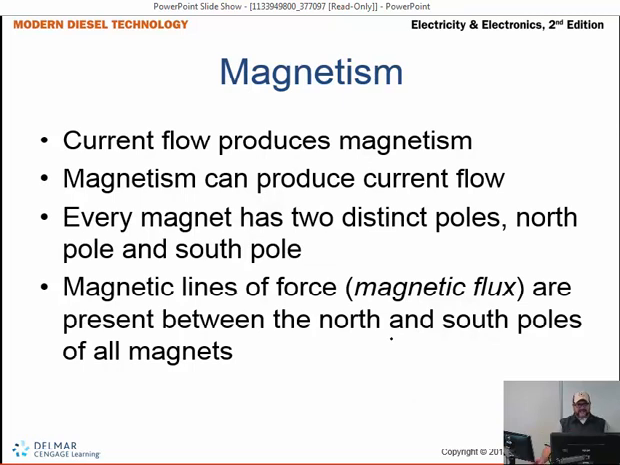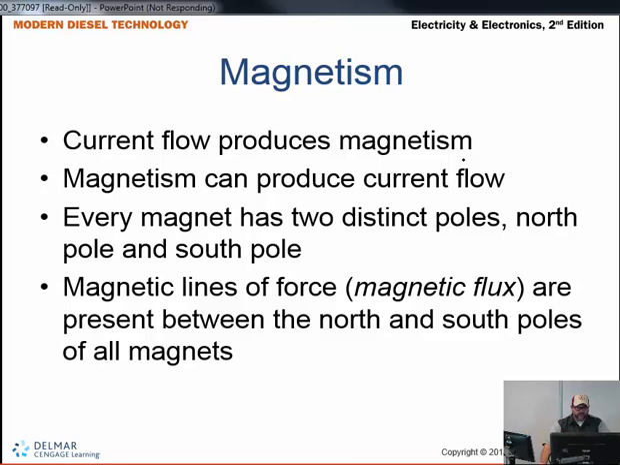All right, magnetism. So current flow produces magnetism. Magnetism can produce current flow. So there's that physics property: for every action, there's an equal and opposite reaction. So if current flow produces magnetism, then magnetism can also produce current flow. And that's a pretty interesting concept, and we'll get into it a lot in our